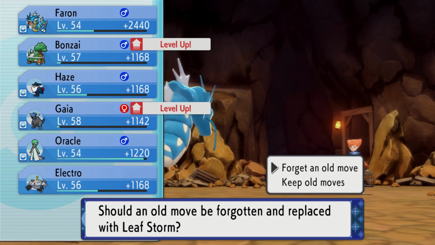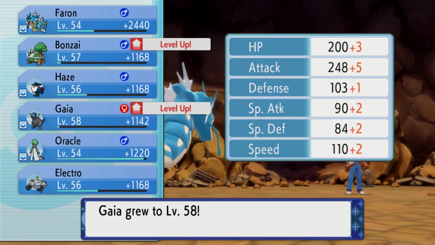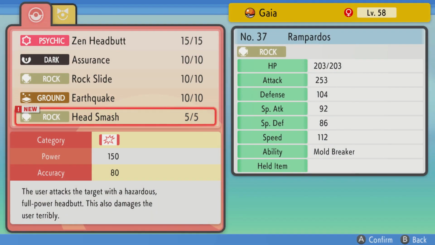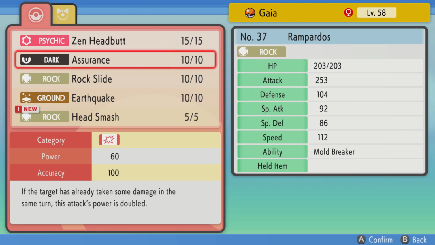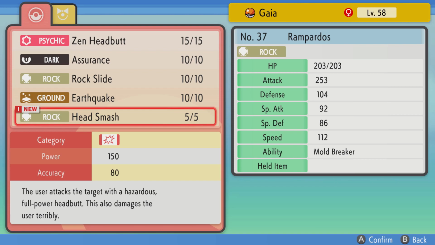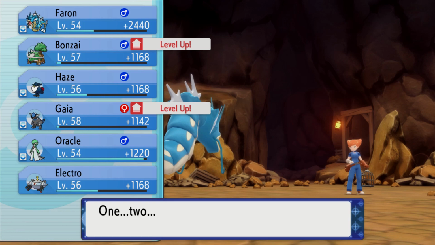And why would you? No, I have Woodhammer. There we go, head smash. Finally. Head smash. Oh. 80 accuracy? Okay. Let's just get rid of assurance. I'm never gonna use that again. But